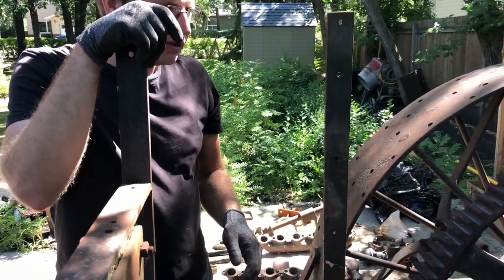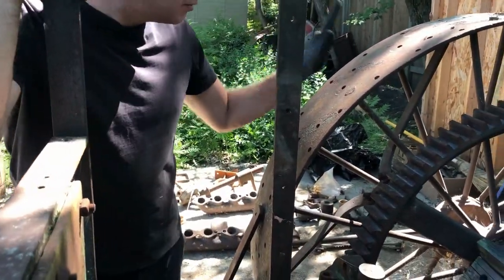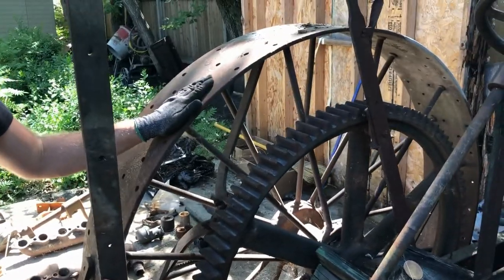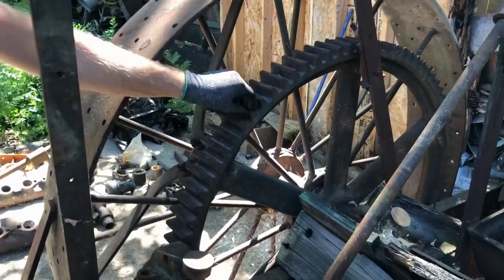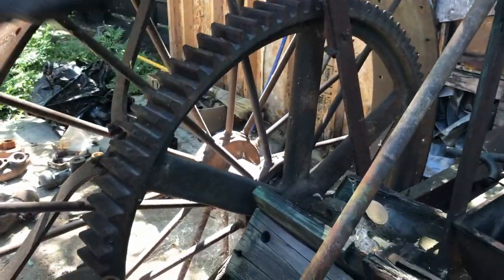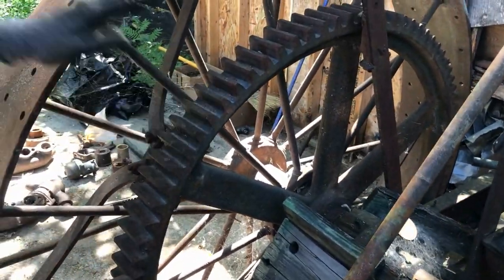What else on these guys? This is actually the wrong set of wheels and bull gears on this tractor. This tractor must have been used an awful lot because the bull gears were quite badly worn. These bull gears are in really nice shape. So I think what I'm going to do is keep the bull gears and switch the tires, because